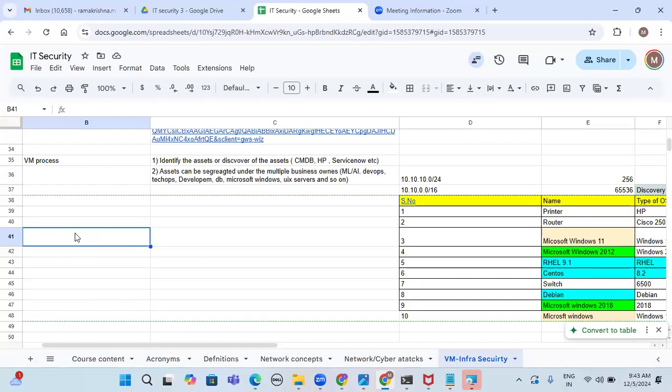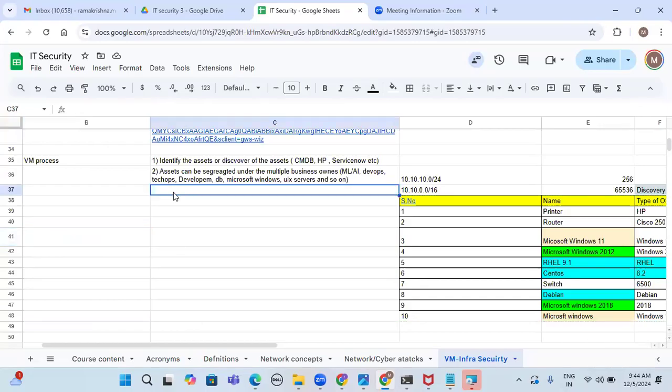Any doubt in this one? Any doubt in this one? Sir. Okay, perfect. So after identifying either through CMD, in case at the time of the interview, so how can